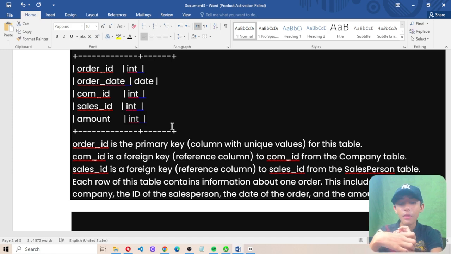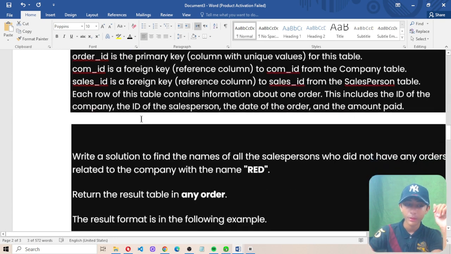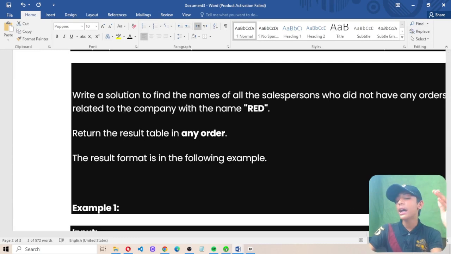Sales ID is a foreign key reference to sales ID from the salesperson table. Each row of this table contains information about one order. This includes the ID of the company and the ID of the salesperson, the date of the order, and the amount paid.